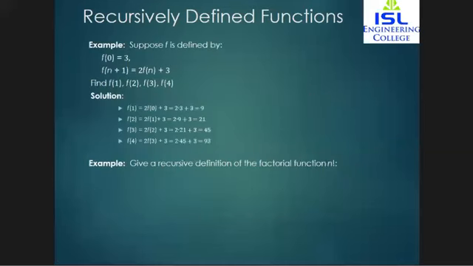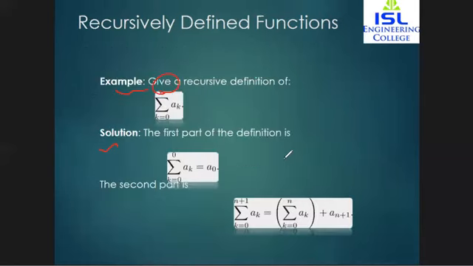So this one has been already done, where we took f(0) is equal to 3, f(n+1) is equal to 2 into f(n) plus 3, and I found the first three. Similarly, I've done the fourth one also over here. You can take f(4). Then the recursive definition of the factorial function: this is your factorial function, f(0) is equal to 1 is the basis step, while the recursive step is f(n+1) is equal to (n+1) into f(n).